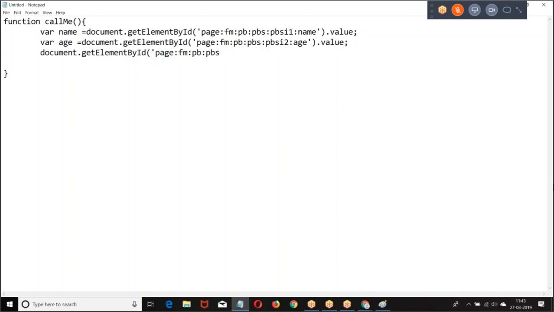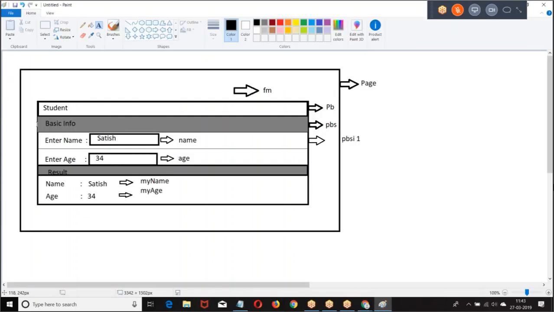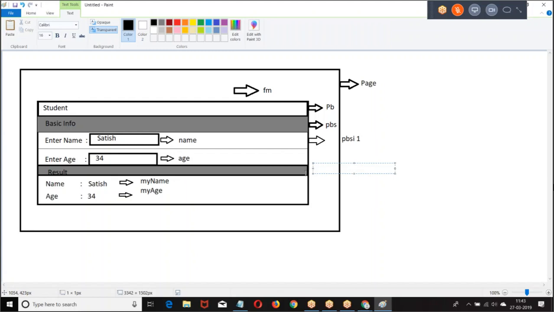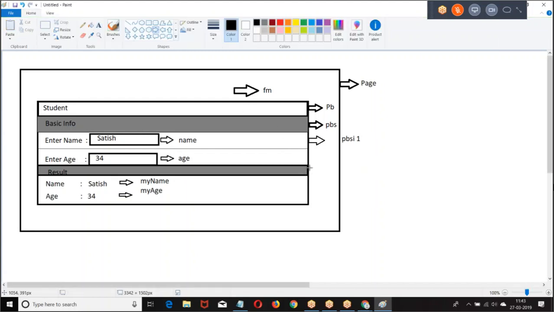Now it is displayed in the second section, because we had another section. This is section 1. This is section 2. Page block sections are here.